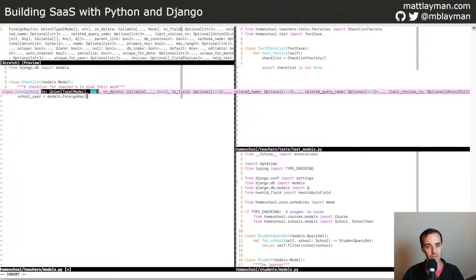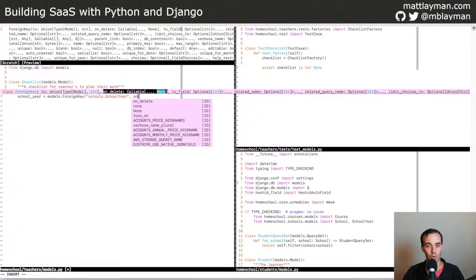And the model that we want to define, I want to use a string to reference the other app. So the school year is in the schools app, and school year is the model we're after. And then we have to specify the onDelete behavior. So whenever a school year is deleted,